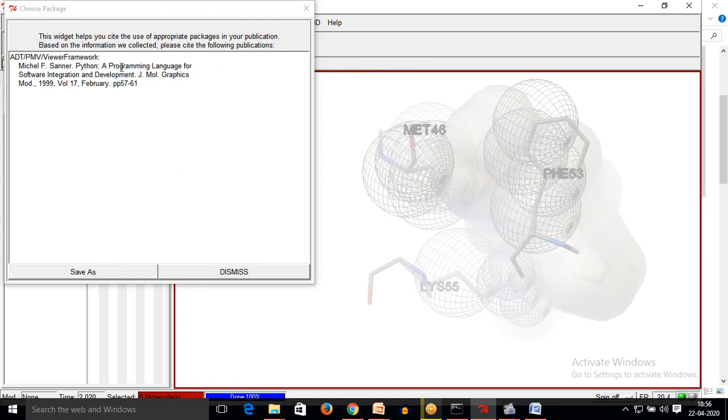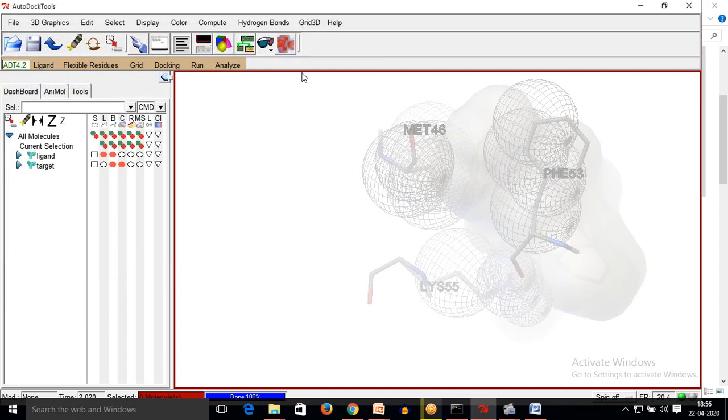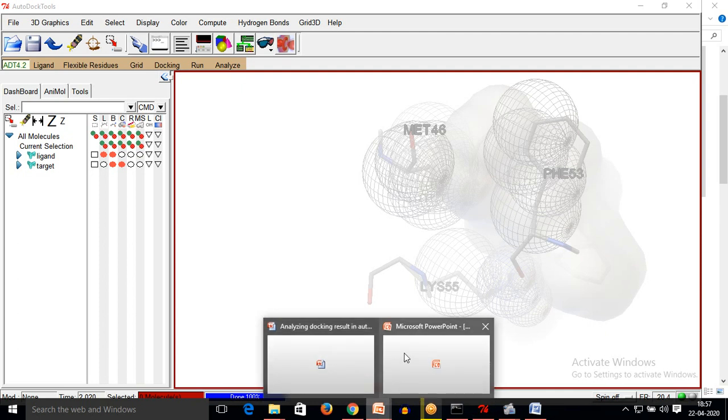So you can see that this scene can be cited by using this reference. So we should cite the results accordingly at each and every process, so that at least the authors who have enabled us get proper credit.